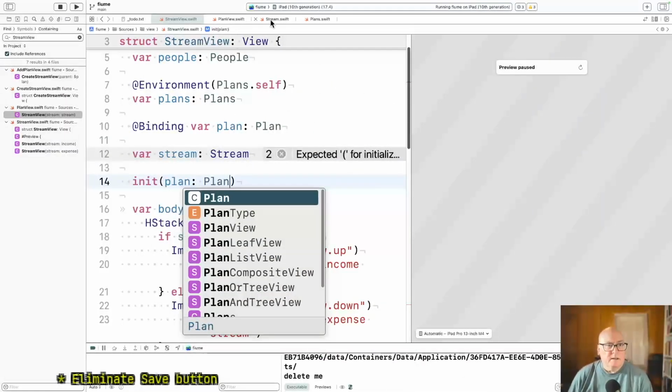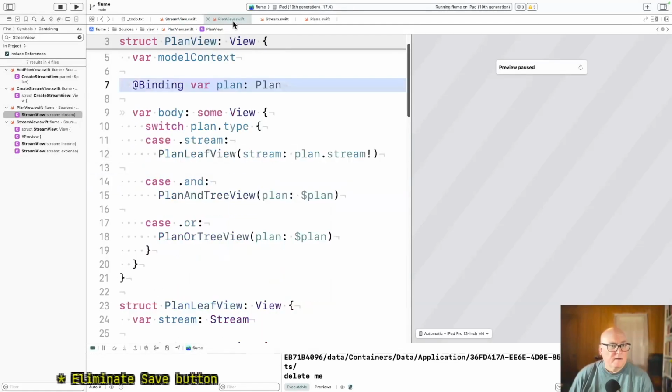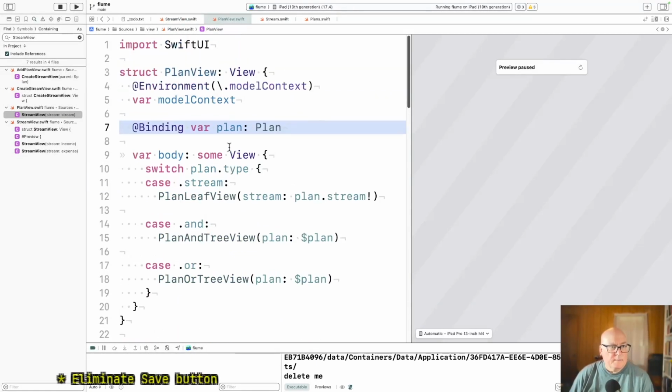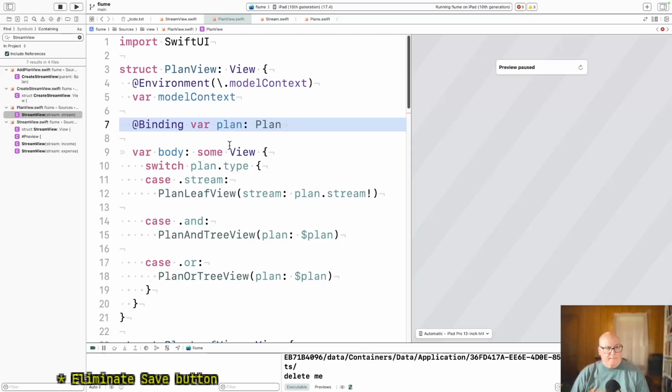With binding, I don't know if I've done a constructor with a binding before.